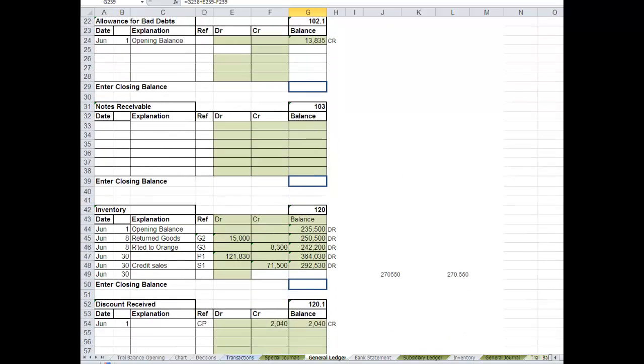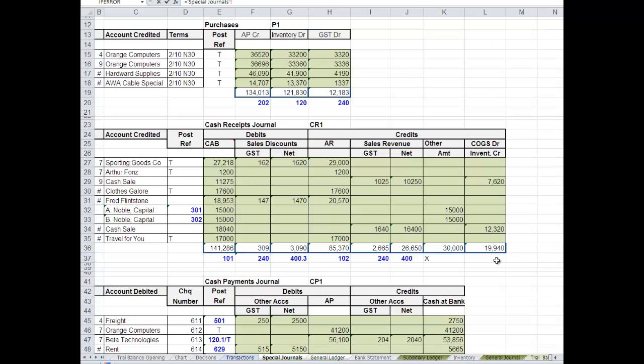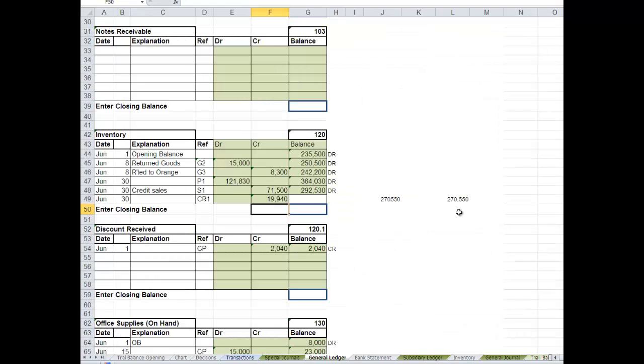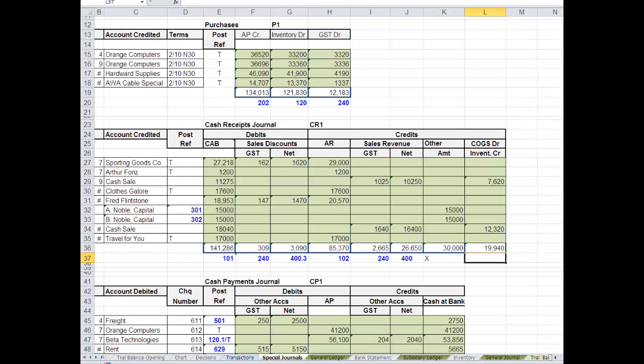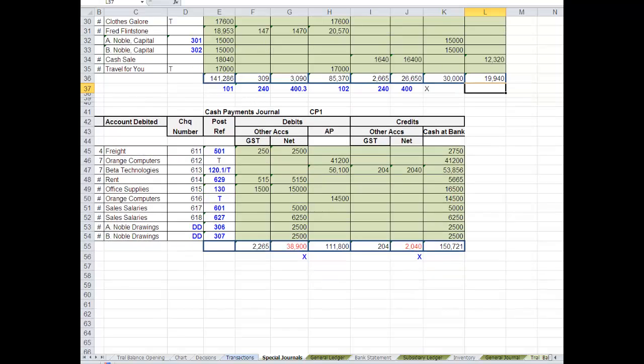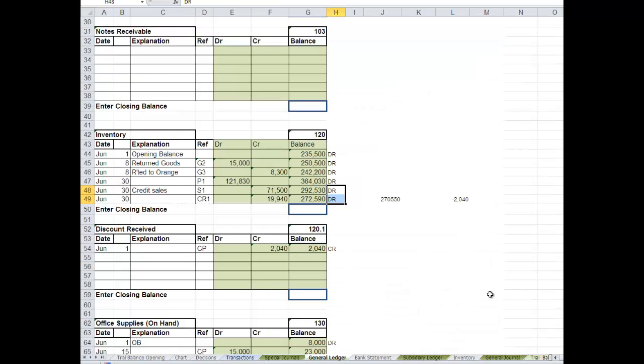Inventory. CR1. I like that we're getting to the bottom of some of these things. That's a pretty good sign that we're just about finished, or at least finished this section. Special journals. Righto, not a lot of transactions to do. 4 items to record. GST again, General Ledger,